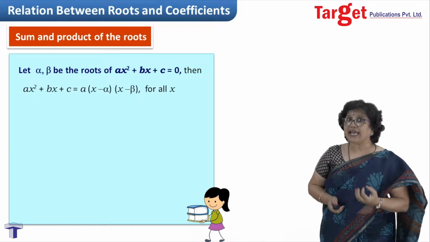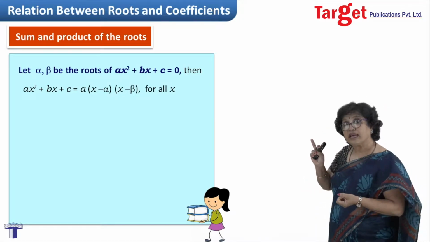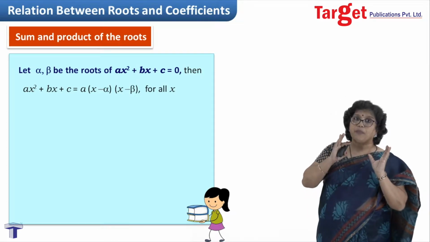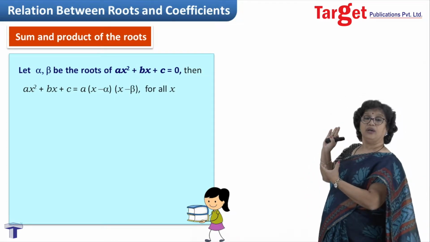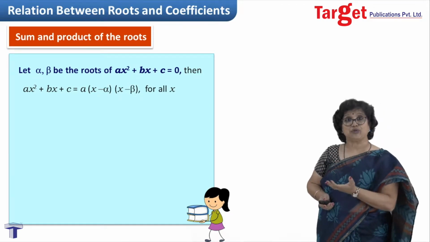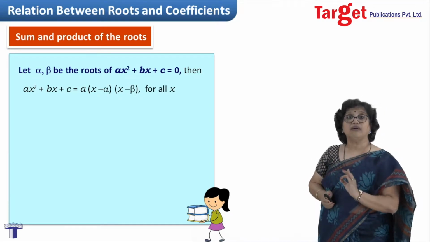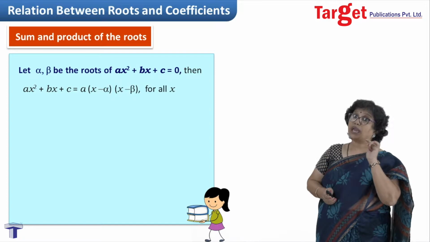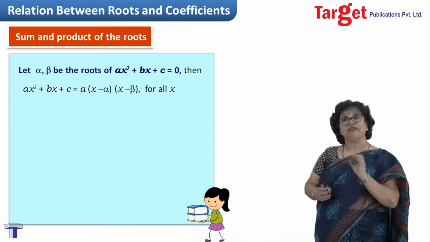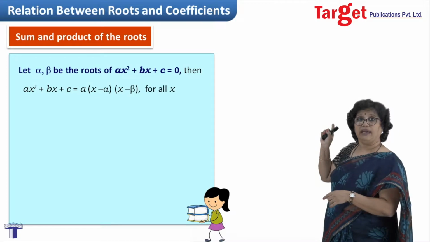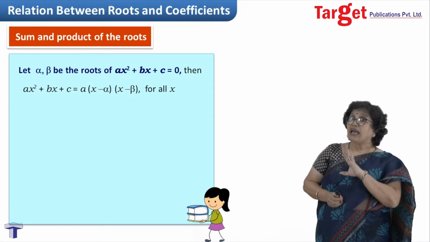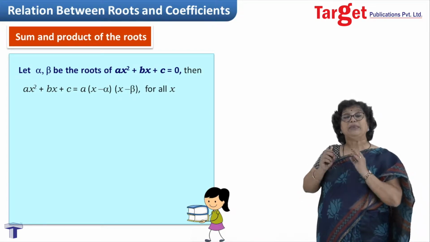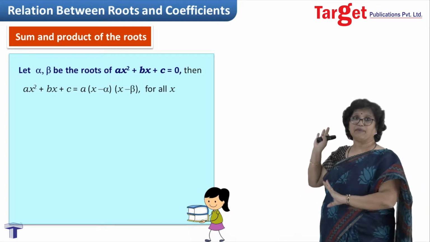Fine. So I write that ax square plus bx plus c as a times (x minus alpha)(x minus beta) for all x. Now why do I write a times? Because when you are comparing one polynomial to other polynomial, don't you think that coefficients must match of like terms? So first thing what comes to our mind is, at least to start with, coefficients of x square must match, and to make those two coefficients on two sides of x square equal, we need to multiply there by a. So when I multiply by a, I have not yet checked whether coefficients of x and constant terms are equal or not. But minimum care what I should have taken, that much I have taken here.